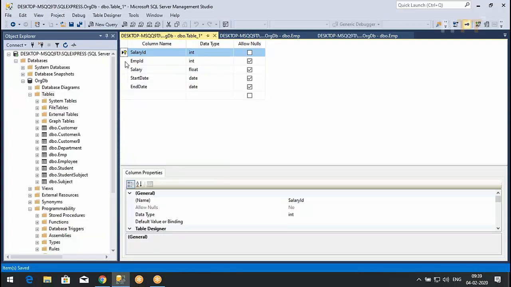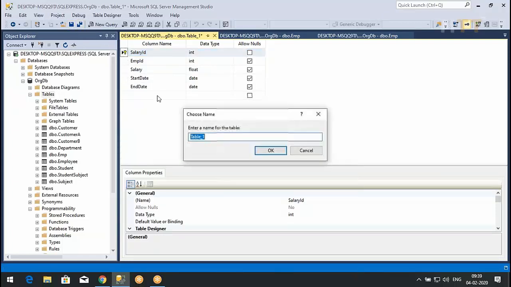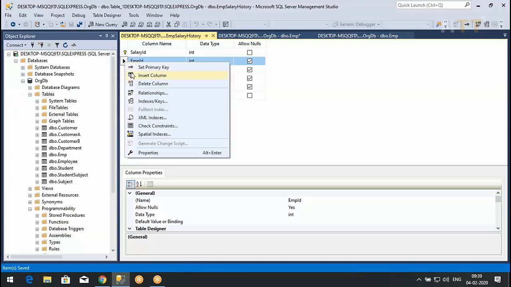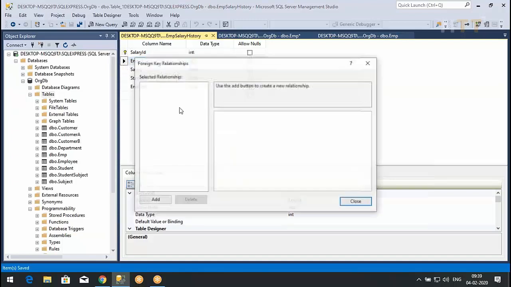Let me save this first of all. Save this table as EMP salary history. Fine. Now EMP ID is the foreign key. So I'll select this. From the database diagram I have shown you. Now I'm showing from here. Select this, right click, go for relationships.